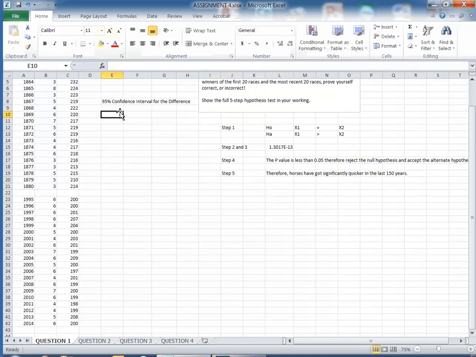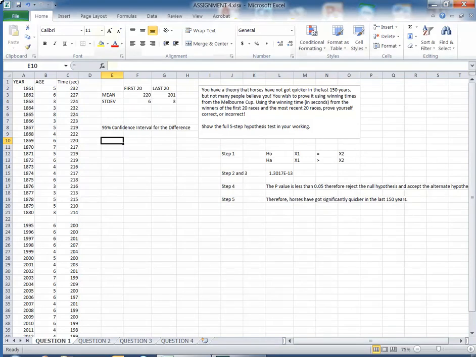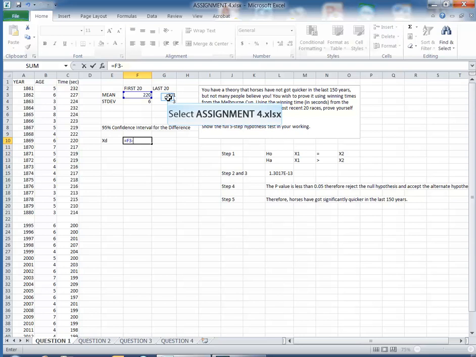If we did this the 95% confidence interval way, we have to use the formula where first of all we subtract the two means, so equals one mean minus the other mean, and that gives us the average difference between the two, and then we need a margin either side of this. So actually I'll put xd equals that minus that. And then the margin is t